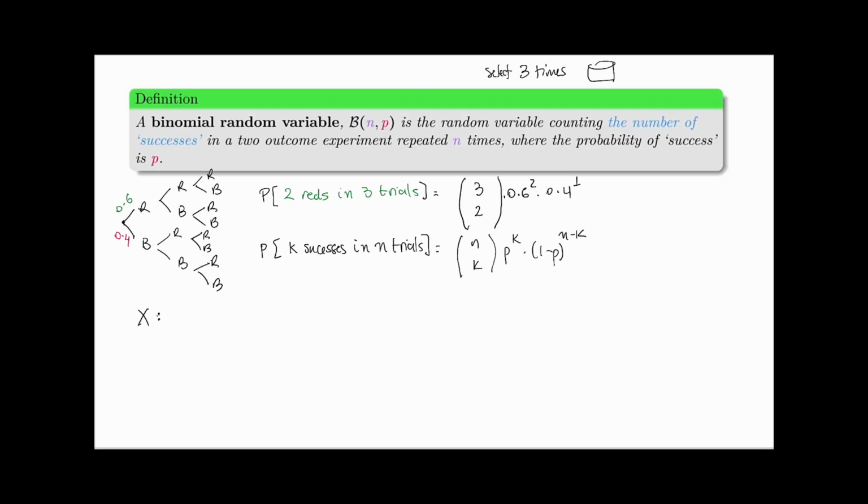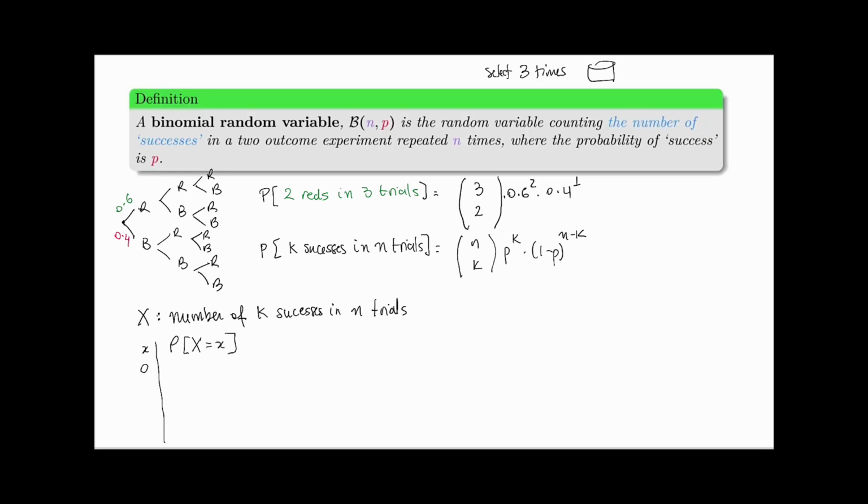They assigned x to be the number of k successes in n trials. So if I wanted to construct a PDF of this variable,